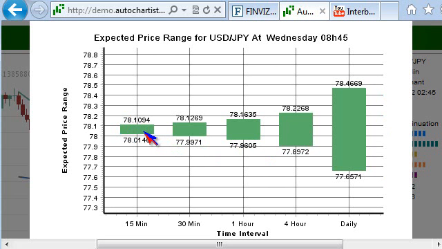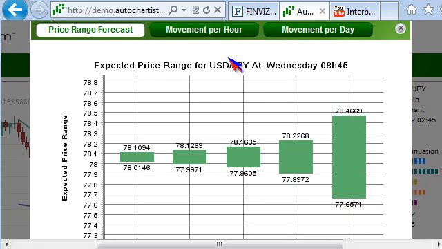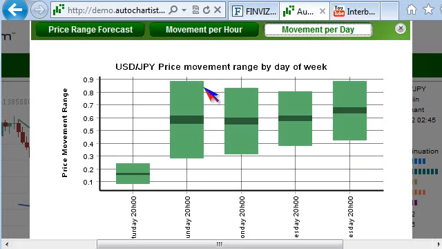Given 15 minutes, our expectation, minus economic report releases increasing volatility, minus unforeseen events increasing volatility, just generally speaking, a 15-minute time frame is simply not going to have the price range of an entire 24 hours. Of course, it's the 24-hour or the daily chart that we have to focus on here, because it's the daily chart that I'm setting the trade up on. So look at the range here, 77.05 up to 78.46. That's the current price range, but I'm going back a little bit to the point where I want to understand what type of movement I could get per day. That's one way of looking at it on average.